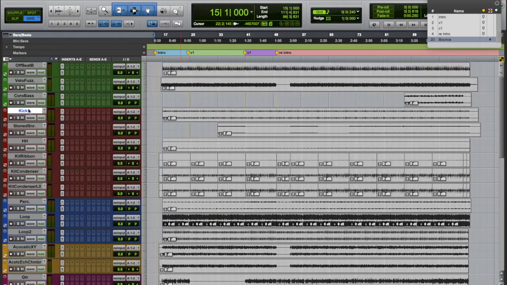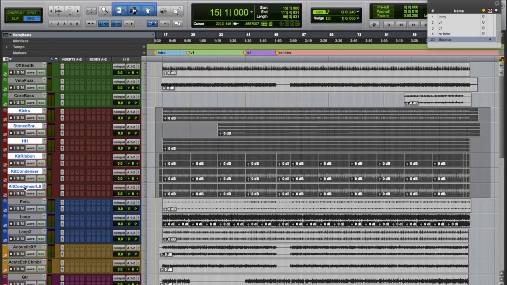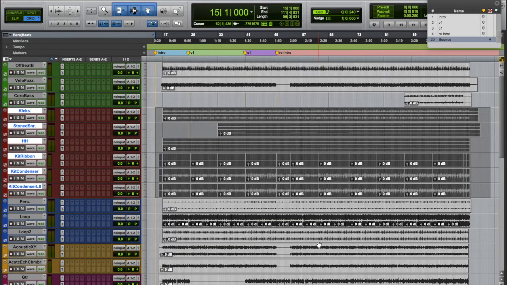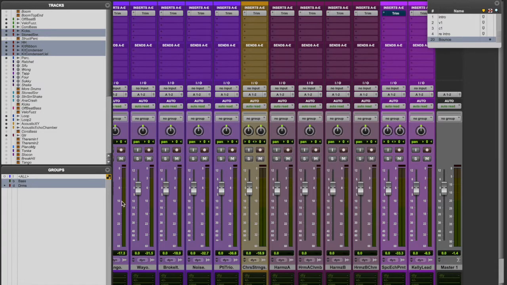And then I'll do the drums. I'm pressing Command G to create a new group. Drums, ID, D for drums. There's a reason behind it, which is if in the edit window, in the mix window,